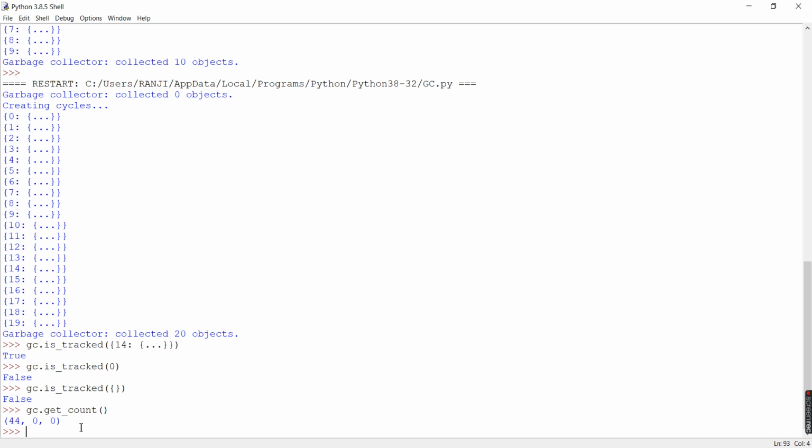It returns a tuple of objects that are collected, which are required for future release, and there are other parameters internally that you'll get to know when you work more on garbage collection.